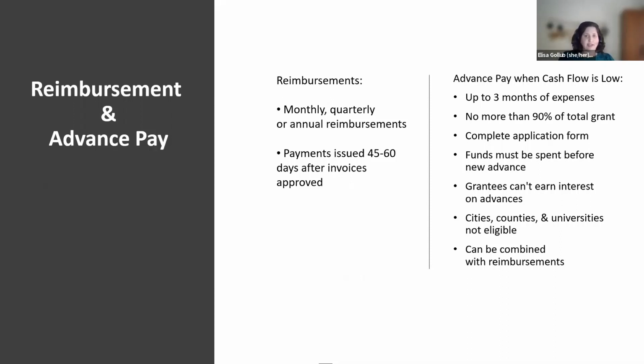Cities, counties, and universities are generally not eligible for advance payment. If you have a specific case where you want to talk about this after being awarded a grant, we can definitely be in conversation about any specific needs or cases. And advance pay can be combined with reimbursement, so it might be convenient to do a bit of both for a project. I also wanted to clarify that